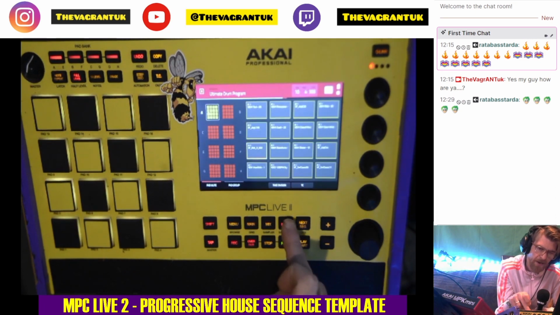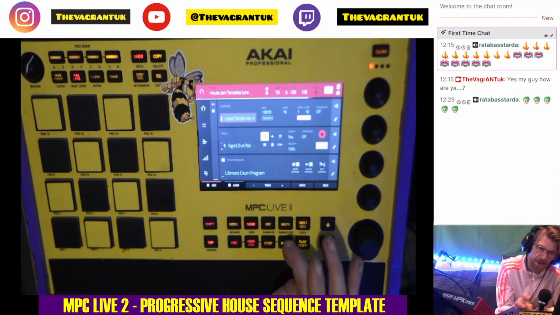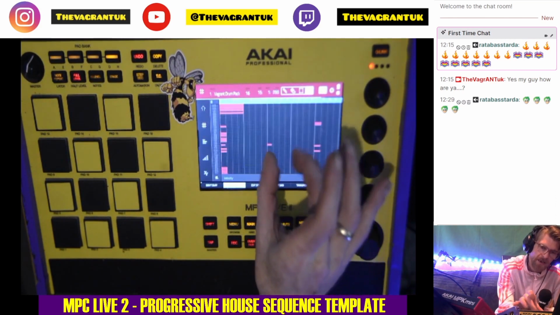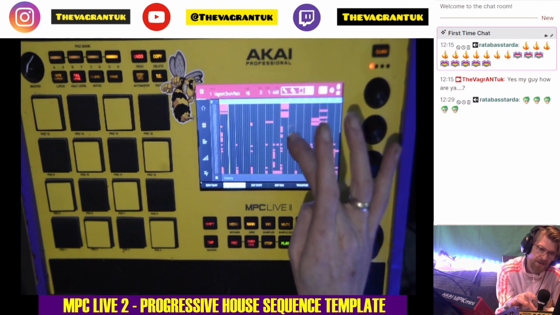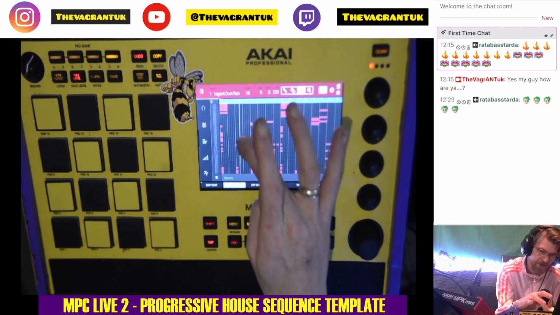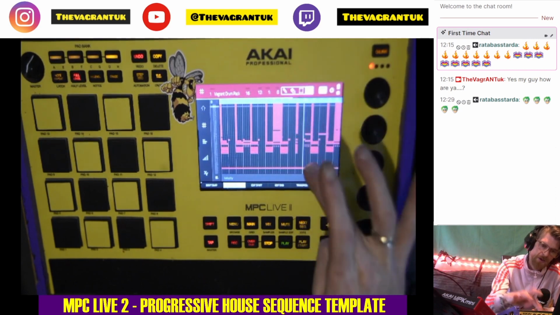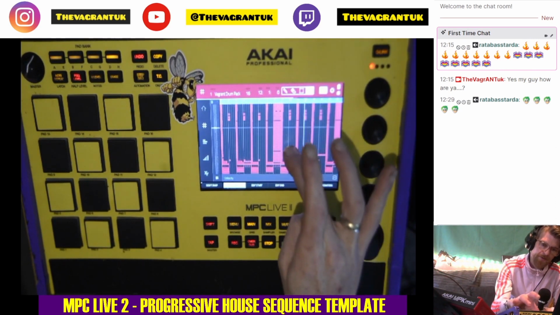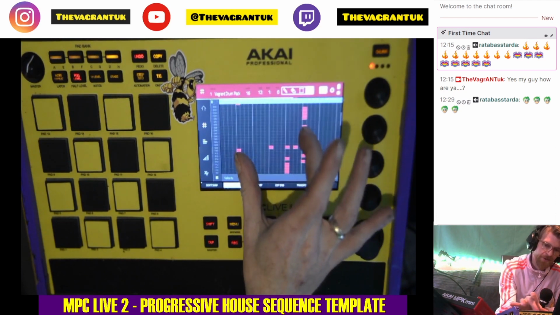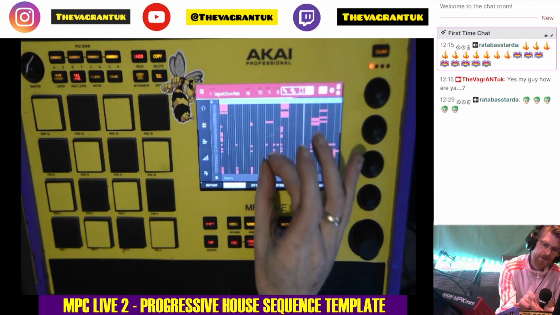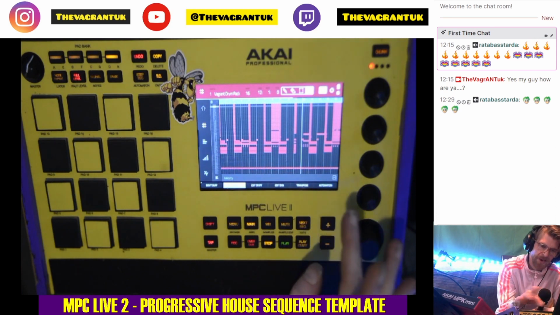So as well as that, I've also got 7 different banks of loops, and I've had to key these in each individually, because some of them are 8 bars, some of them are 4 bars. So some of them are 4 bars, some of them are 2 bars, some of them are 8 bars, some of them are 16 bars. So I've just got the length of each loop across all the sequences, and I've just MIDI programmed in the